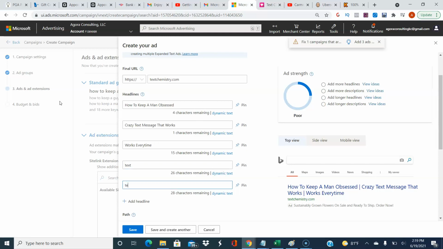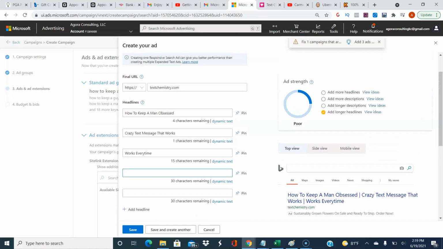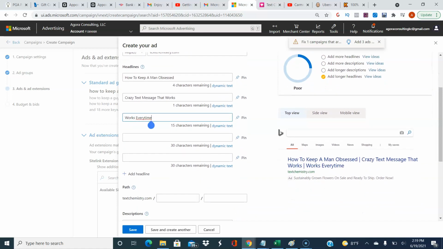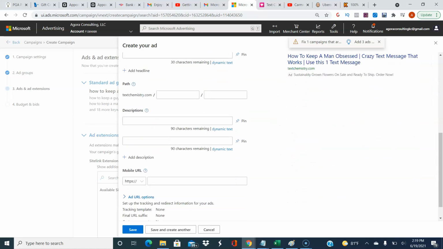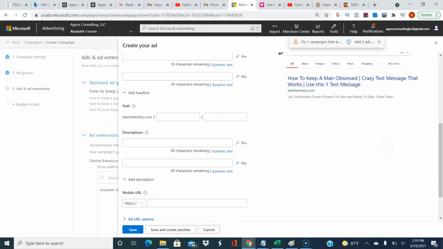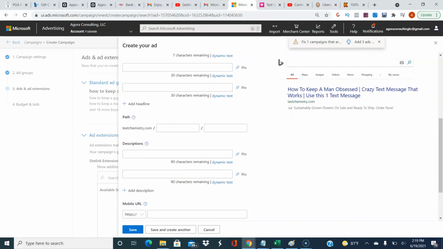I don't think you need all of this. Okay, I don't know where all these other ones are at, since those other 3 don't pop up. But this is enough. I typically use 2, but 3 is cool. Use this one text message. That looks appealing, okay? But, well, yeah, before I get to the next step,